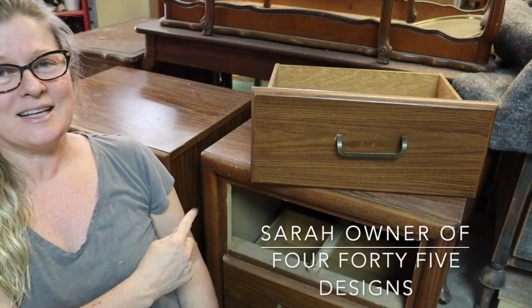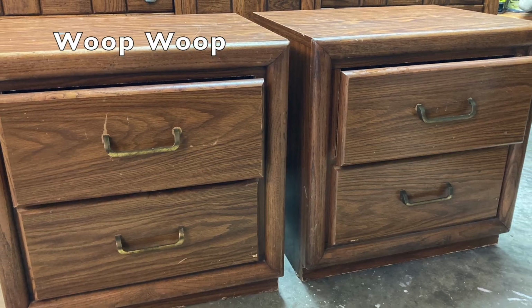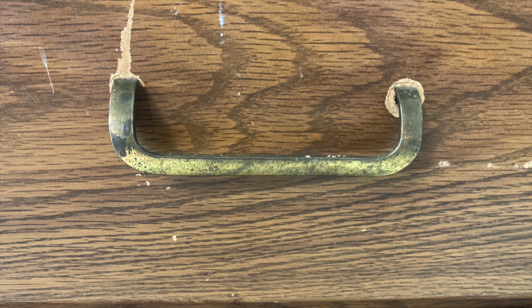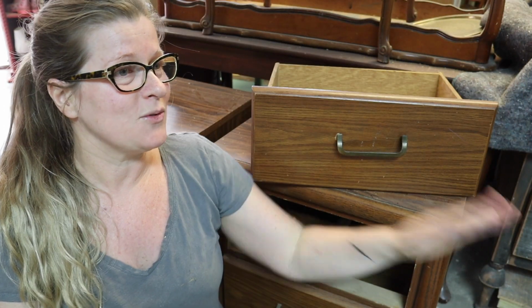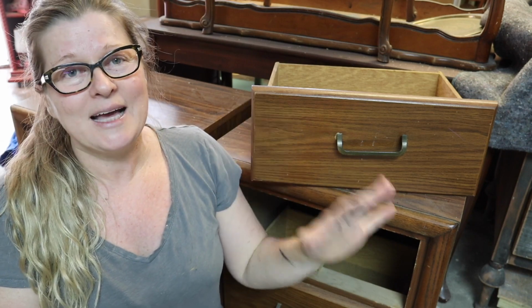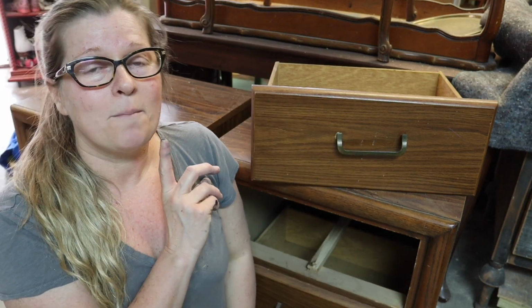Today I will be making over these nightstands. I had to drive to Woop Woop and back again. Woop Woop is Aussie slang for the middle of nowhere, somewhere very unfamiliar, which is exactly where I went to get them. The lady gave me the runaround, but I'm glad that I stuck around because while they don't match